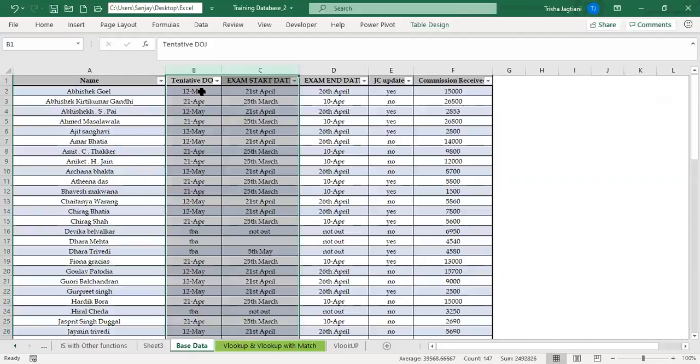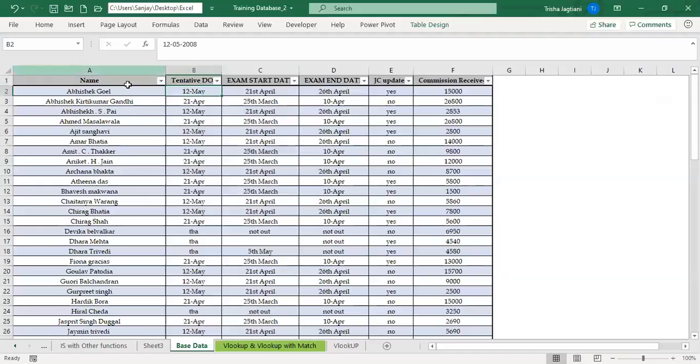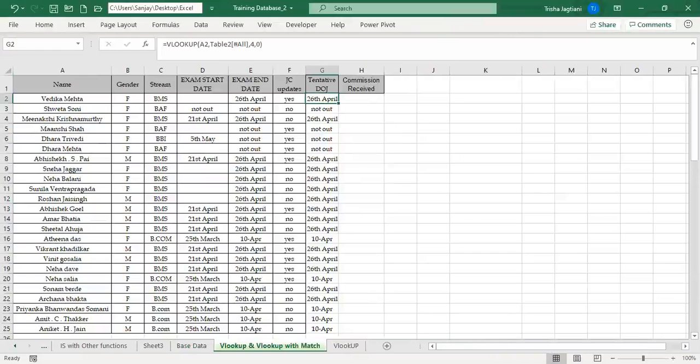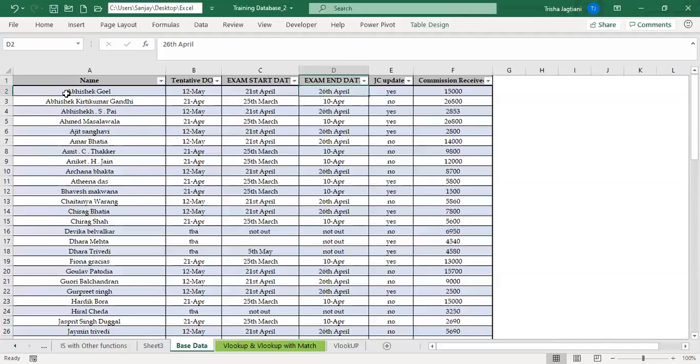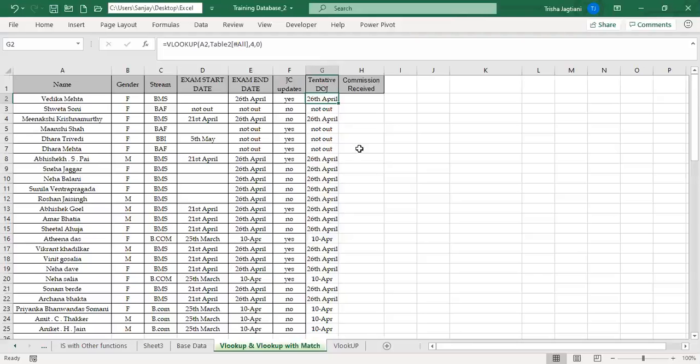Your information should be 12th May. It has changed because now your 4 is exam start date. So instead of giving the tentative date of joining, it is giving you the information from the fourth column from the first one, which is your name, and the answer is exam start date, which is incorrect. It should check for tentative date of joining.